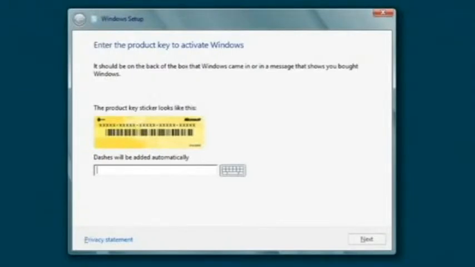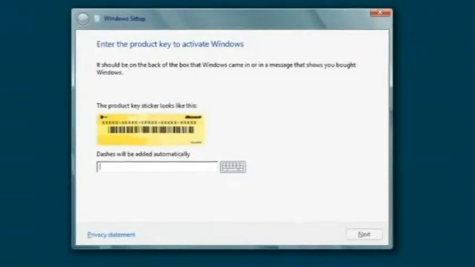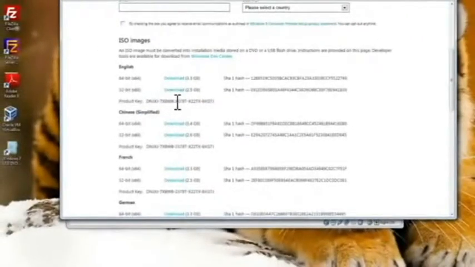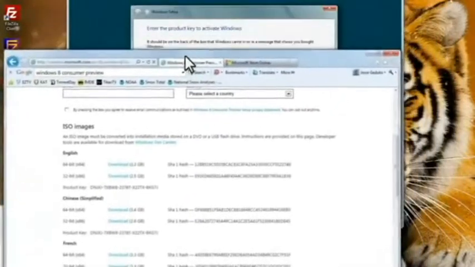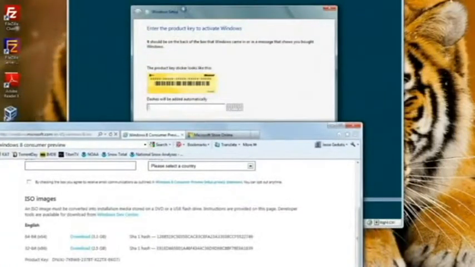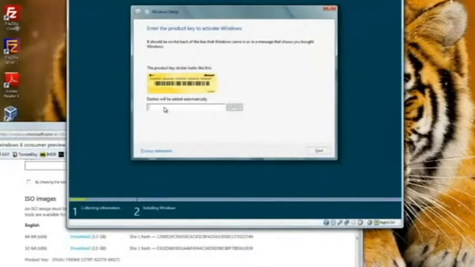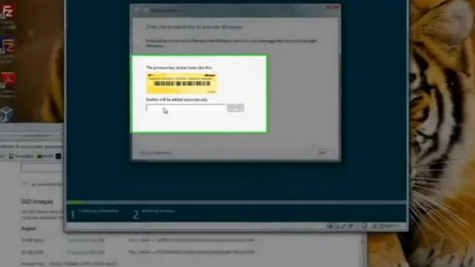On the Enter the Product Key to Activate Windows screen, we have to enter the product key to be able to continue. Back on the screen where we downloaded it. Now without the VMware tools, I can't just copy and paste that over. So I'm going to have to move that down and then copy that by hand over. The key that everybody uses for the English version here is all going to be the same. So it's